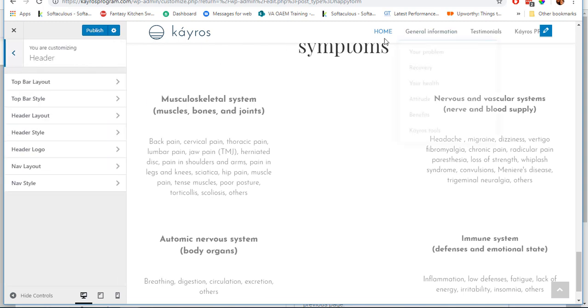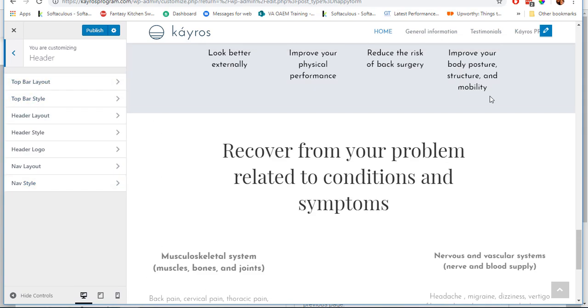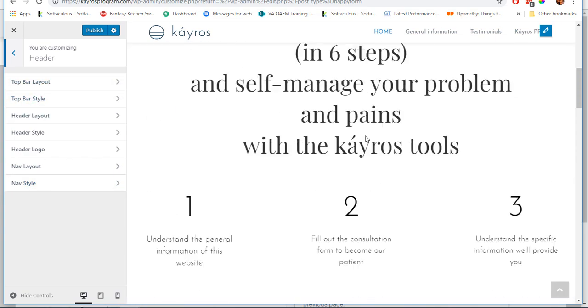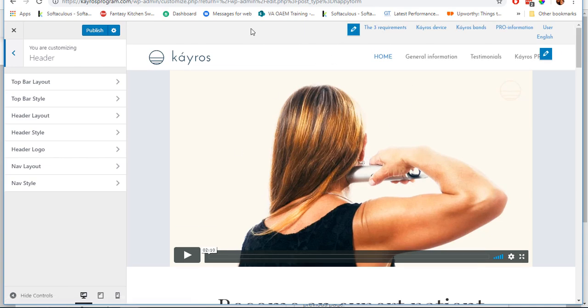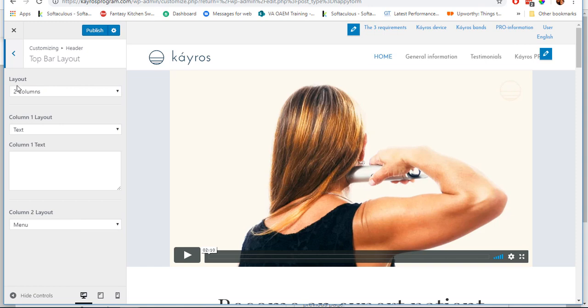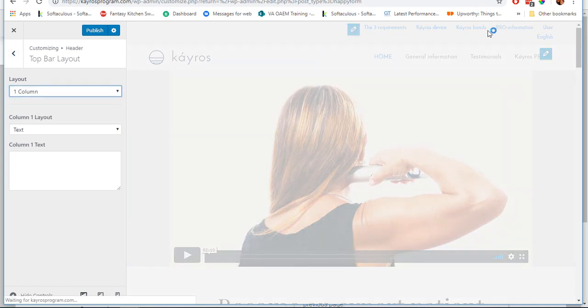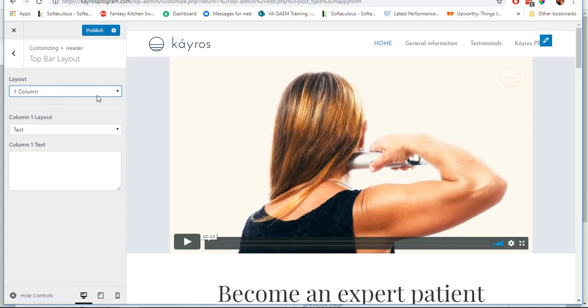Here's your header, the top part here, and you'll notice 3 things: top bar information, header information, and nav bar information. So the top bar layout, and this is, by the way, a preview screen where you can see everything, allows you to change everything up here at the very top. So the layout allows you to change your 2 columns. Let's say I want to make it 1 column and just cover the whole screen with 1 column. Click on 1 column, and